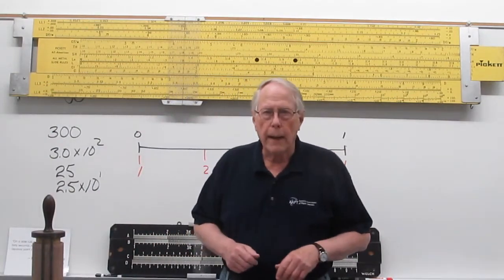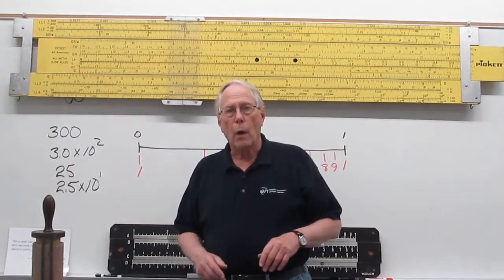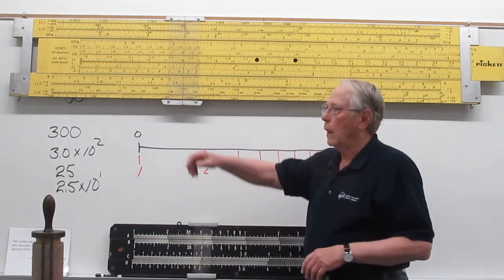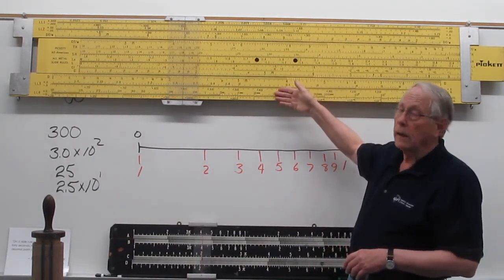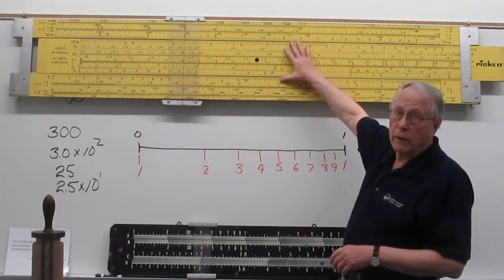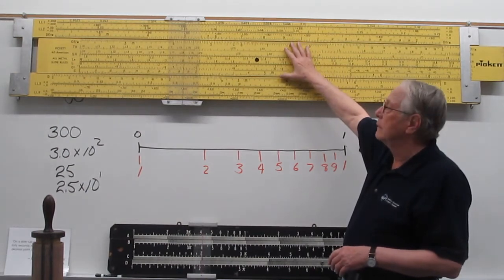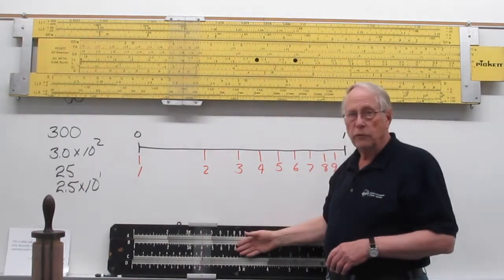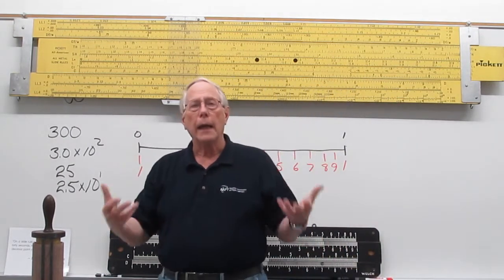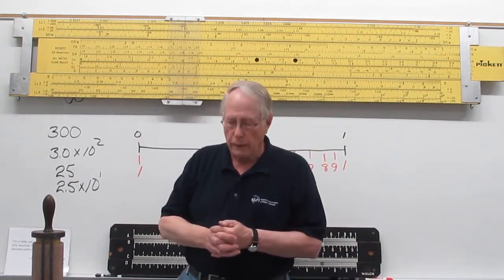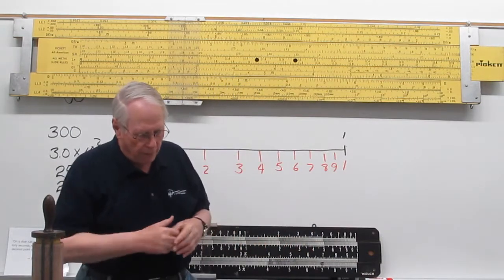What could be calculated on a slide rule depended on what scales the slide rule had. Some slide rules had a large number of scales. This slide rule could calculate many things. My simpler slide rule down here only has a few scales. It can calculate only a few things. However,